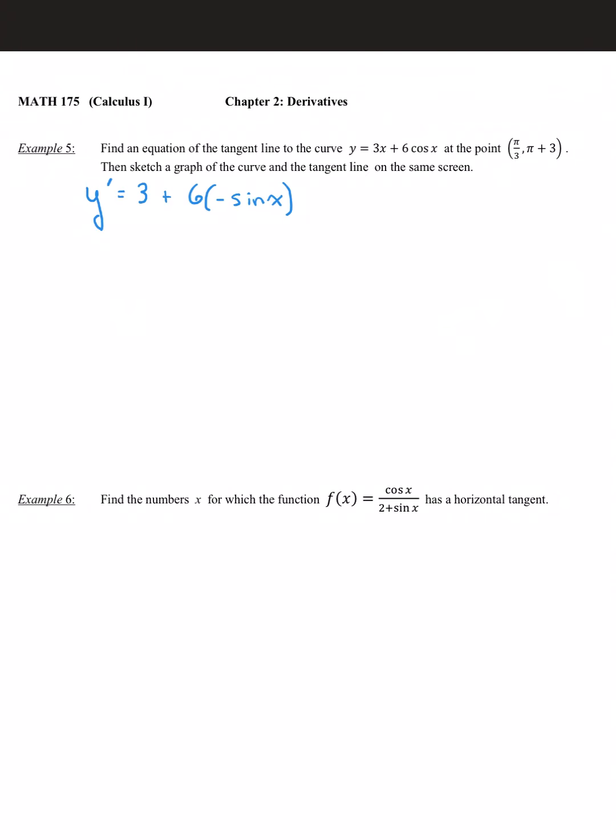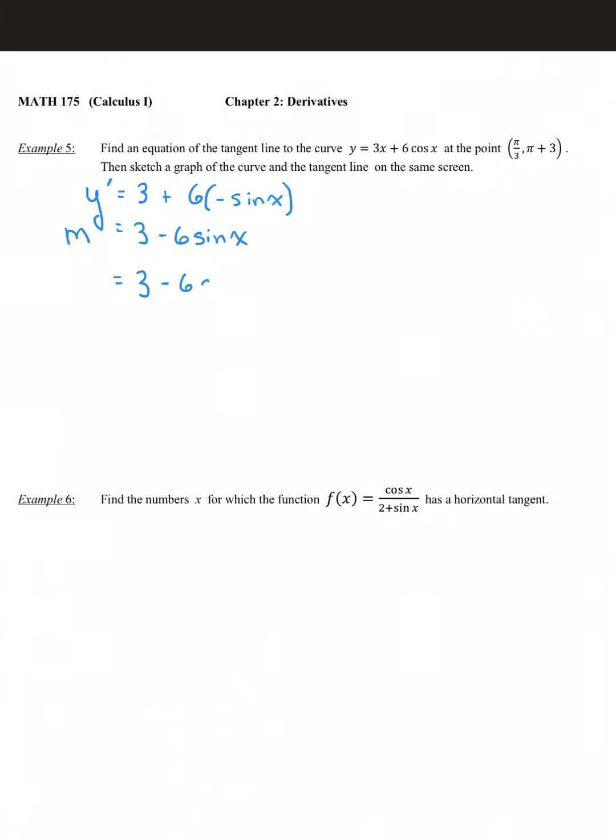And so we'll have 3 minus 6 sine x. And then that will give us our slope, but we want to find that value